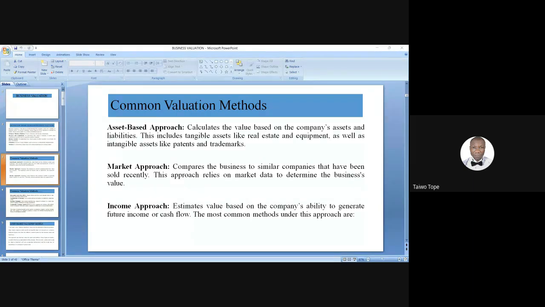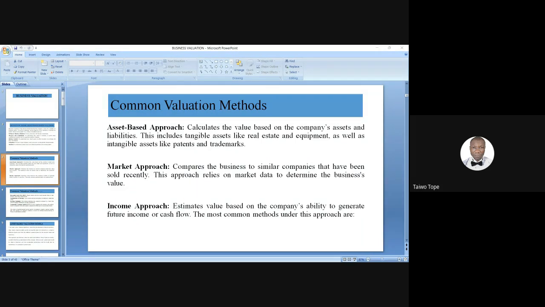So I said book value is also known as the historical value. That is the actual value at which an asset is purchased. And over time, there will be depreciation, depletion, amortization in the case of intangible assets, and that difference will give you the net book value. But when you're looking at book value, your attention should be on the historical value, the cost of the asset as at the point it was purchased.